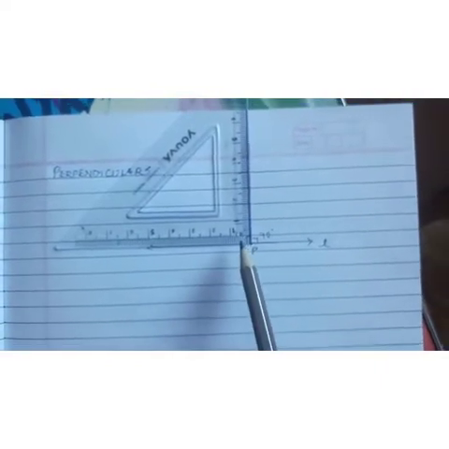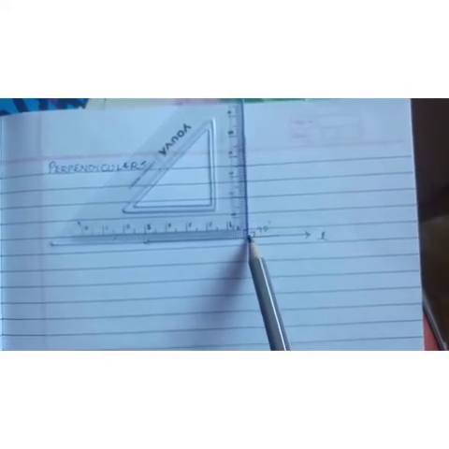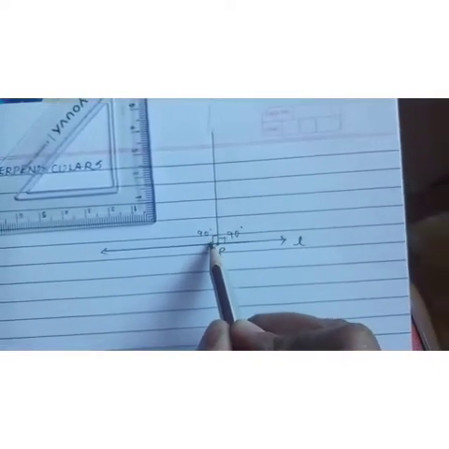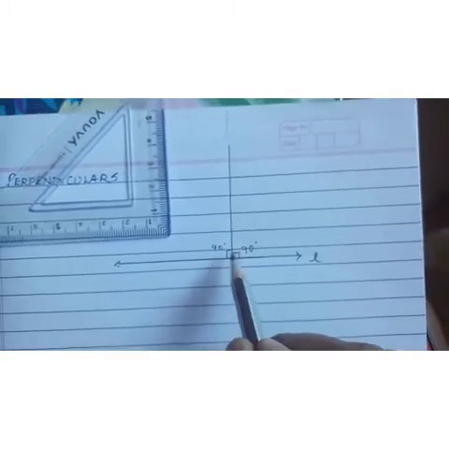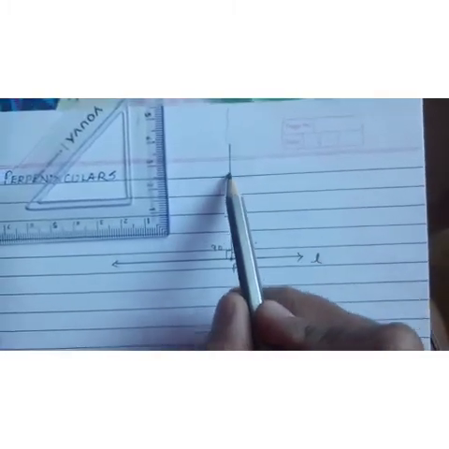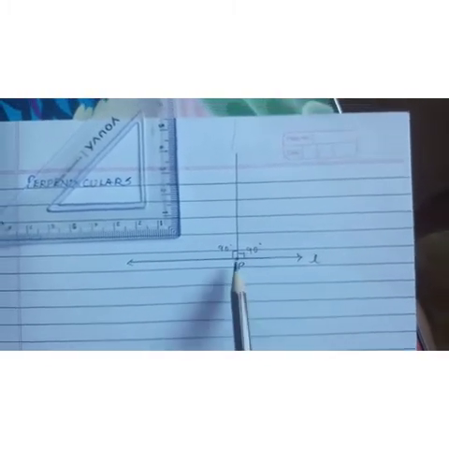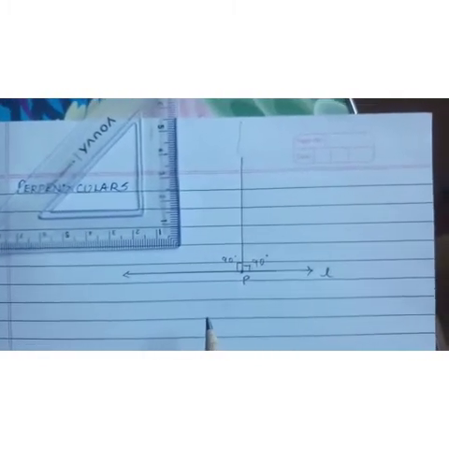So children, when you coincide, you just draw a line from here. I have already drawn this. So children, when you draw, the angle formed here on either side of this line will be 90 degrees. Hence we call this line the perpendicular to the line L. Now the same thing we have to follow or do with the help of your ruler and compass. We have to construct. So let us start.